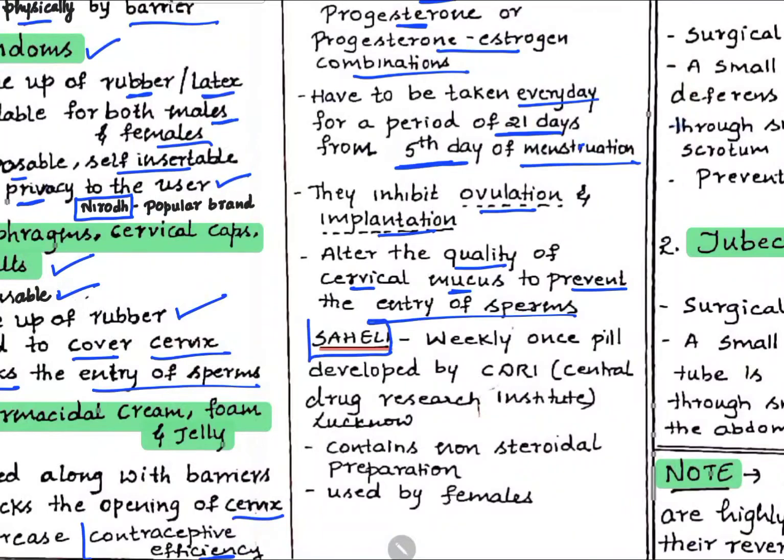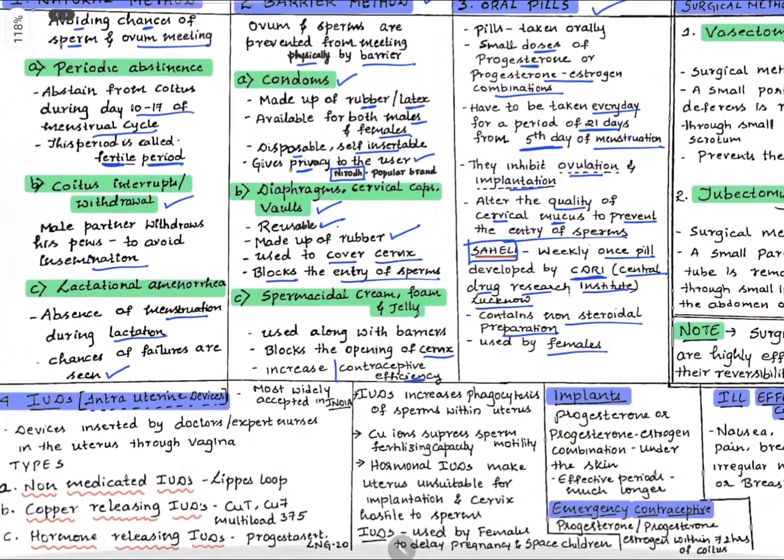Next is about Saheli. It is a weekly once pill developed by CDRI, that means Central Drug Research Institute, which is in Lucknow. The Saheli contains non-steroidal preparation which is used by females. Next is